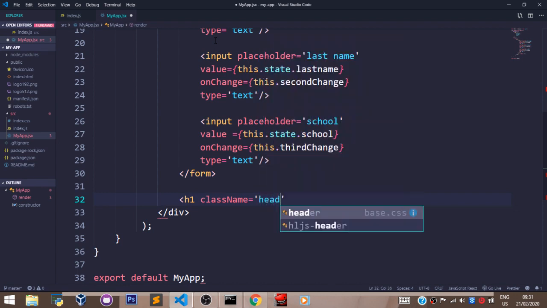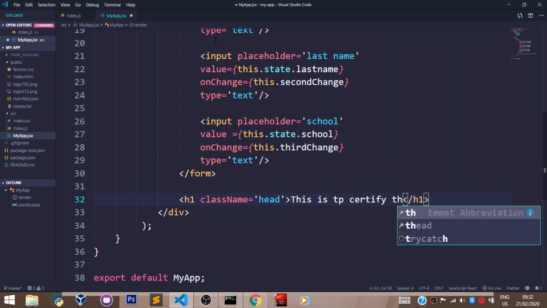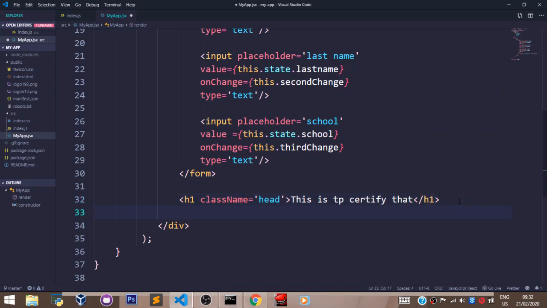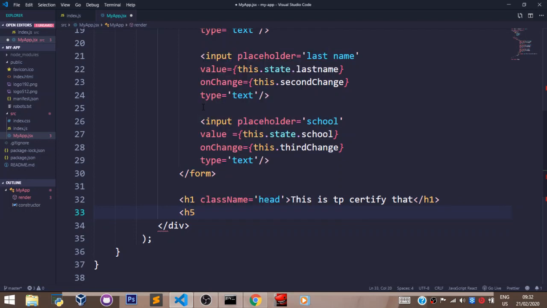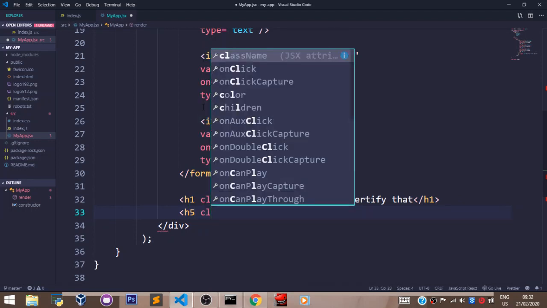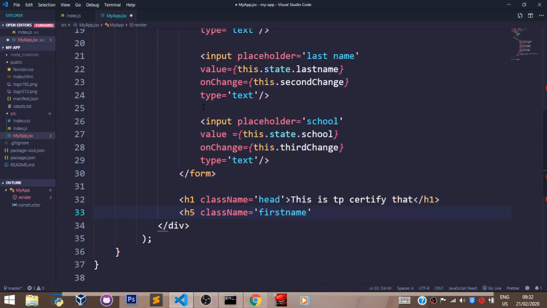Let's call this head, and let's say this is to certify that. Let's go to the next line, and let's pass in the h5 tag here with the class name set to first name,